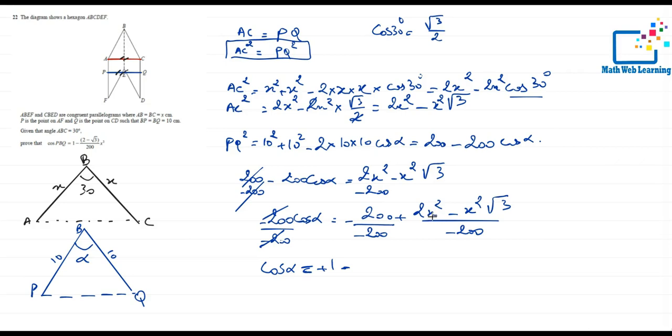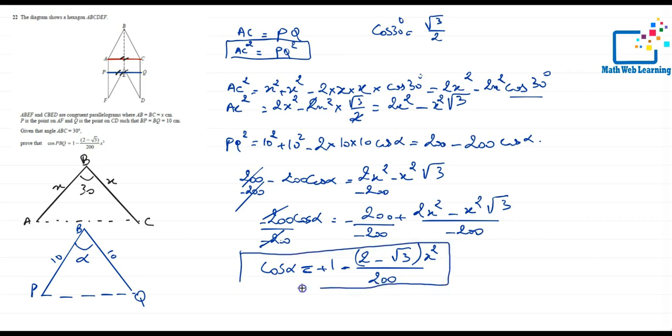You take the x squared, which is a common factor, outside the bracket, so you can factorize the top expression. That minus sign here has been shifted and combined with this plus to give us a minus there. Now we have 2 minus root of 3, and it means that x squared goes outside the bracket. I could have put it here, but I want to do it exactly like this one here. So that is the answer